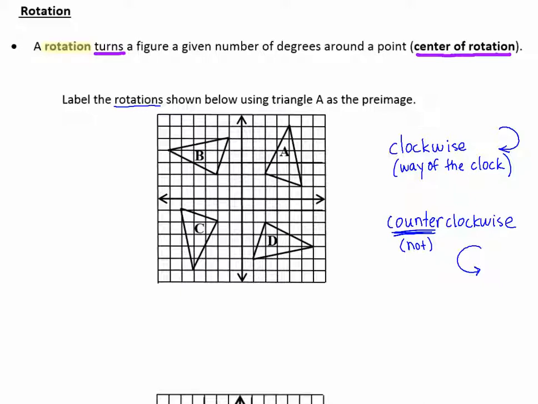Figure B is a 90-degree rotation because it's turned on its side. Counterclockwise rotation, 90-degree counterclockwise for figure B. Figure C, if I rotate from A, because it gets completely turned around,